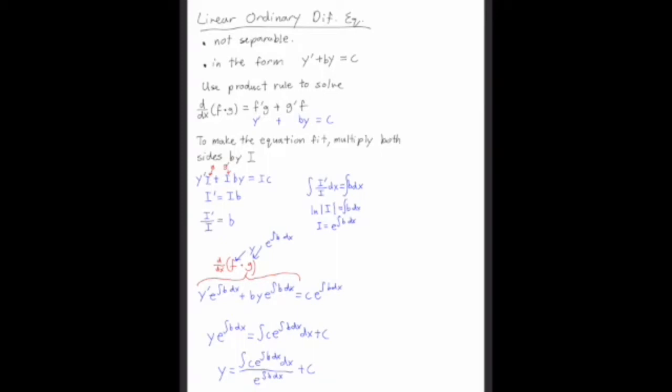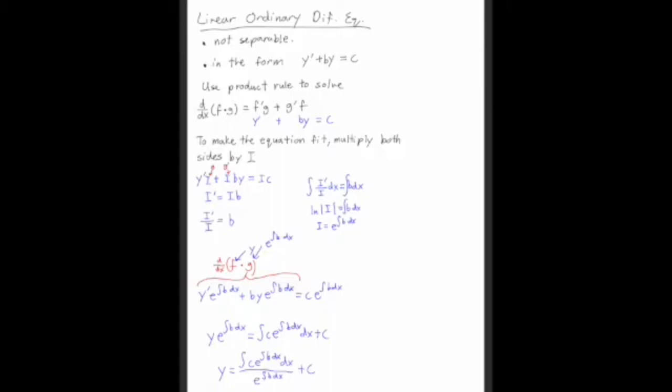It's sort of like completing the square when you solve quadratics. You force a constant in to make it work. So here you want to make I equal to g. And notice that I prime is equal to I b if you line everything up. And after you integrate both sides,